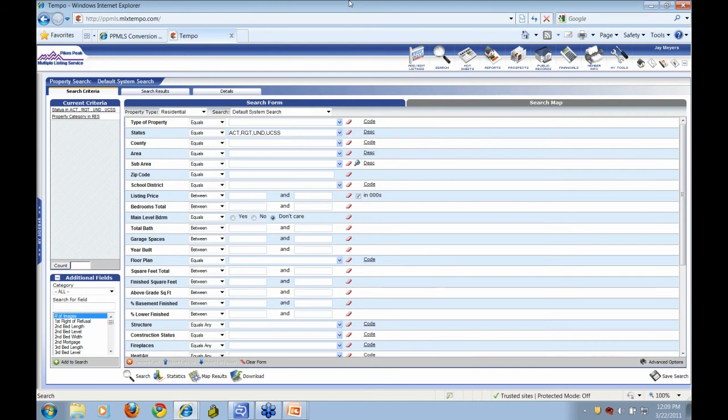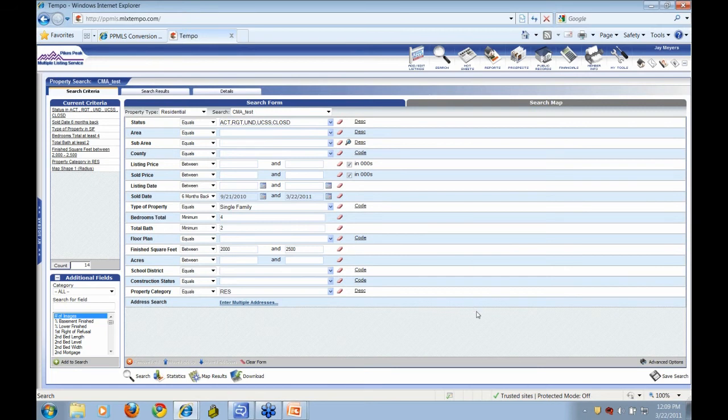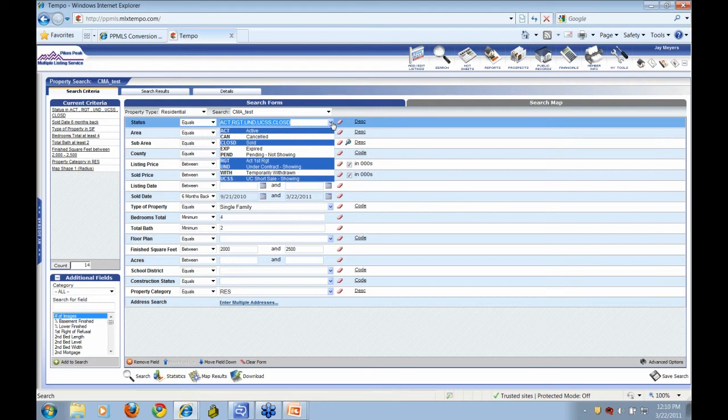Now, remember what I said, we're not here to talk about the semantics of how to search for comparable properties. We're going to have some test cases in here because, again, everyone is a little bit different. So I have created one already just to save some time today, which is a search looking for residential properties between a certain square footage range with 4 bedrooms and 2 total baths that are single family, and properties that have sold or closed within the past 6 months. And the statuses I'm using today are the active properties, the sold properties, and a couple of additional statuses that you have. Now, you may do a CMA search totally different than this.